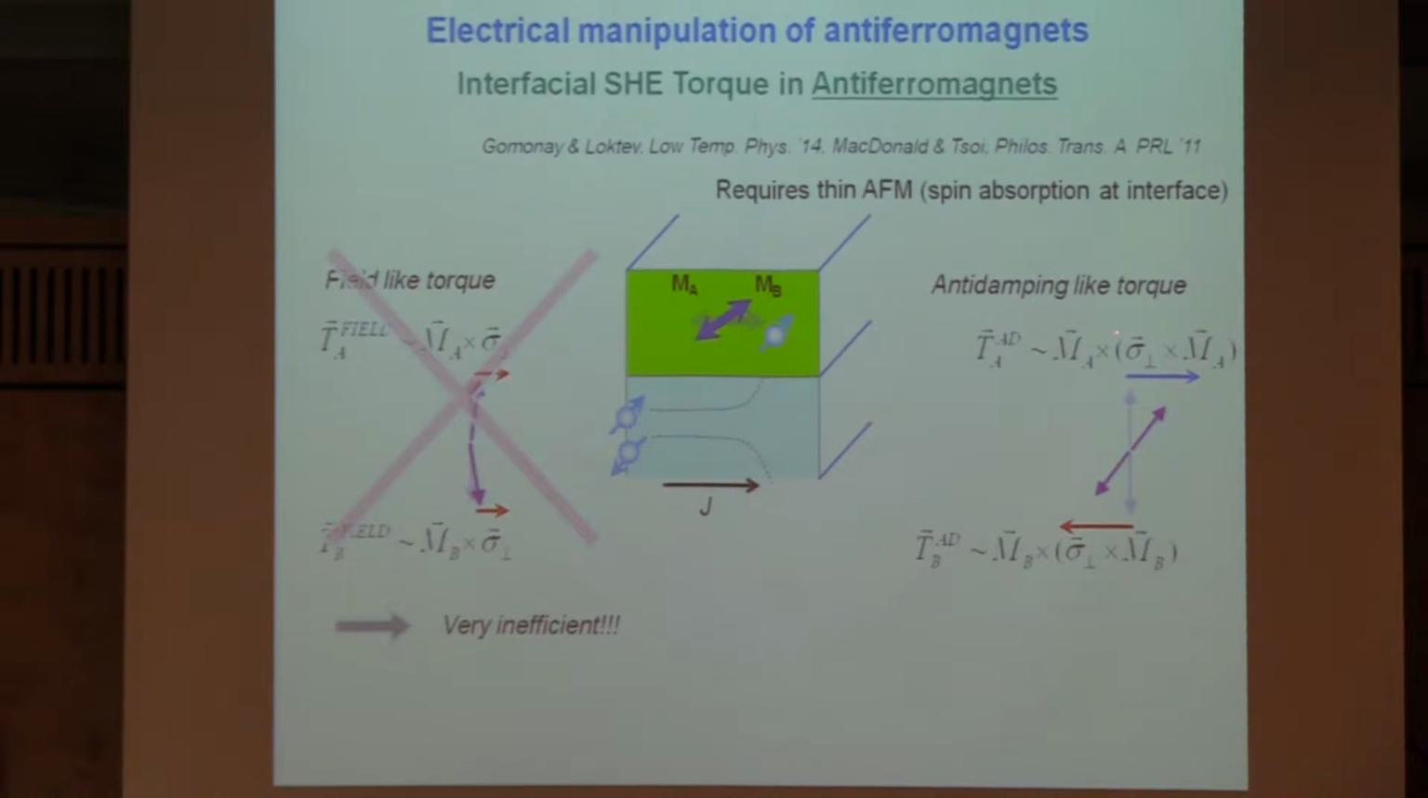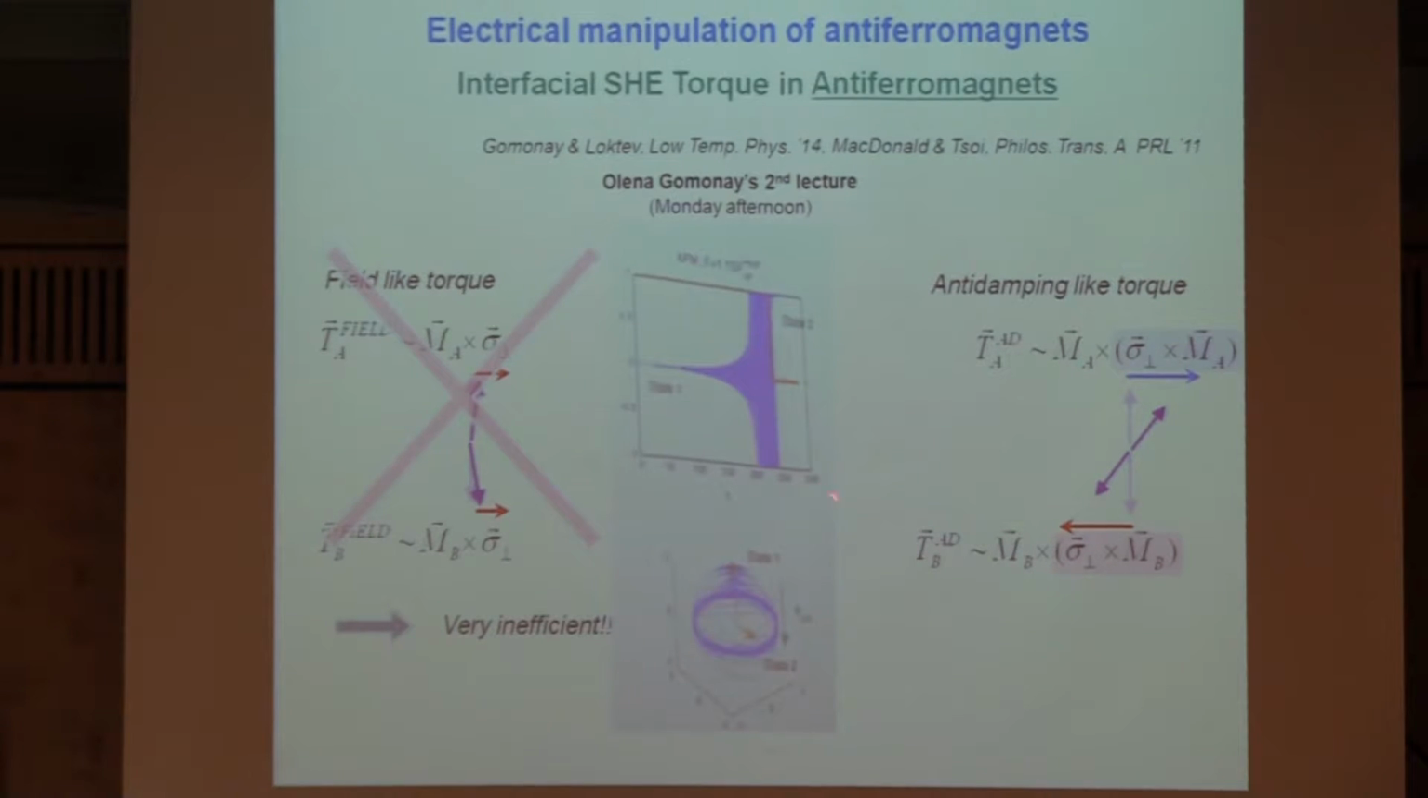However, the anti-damping-like torque might be a way to manipulate, and this was figured out by Helen Gomonay and also Allan MacDonald, where they proposed this kind of torque to manipulate an antiferromagnet in the early work. However, the problem is also you require very thin antiferromagnetic systems because this all happens at the interface and the spin will be absorbed. So maybe it's better to go back to the other effect, and another problem of